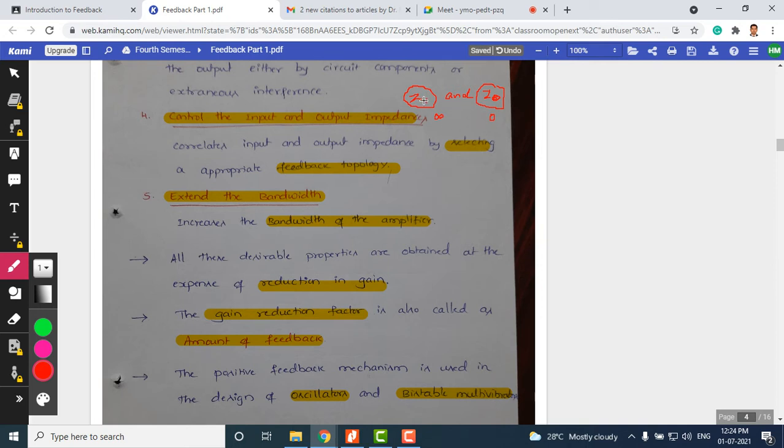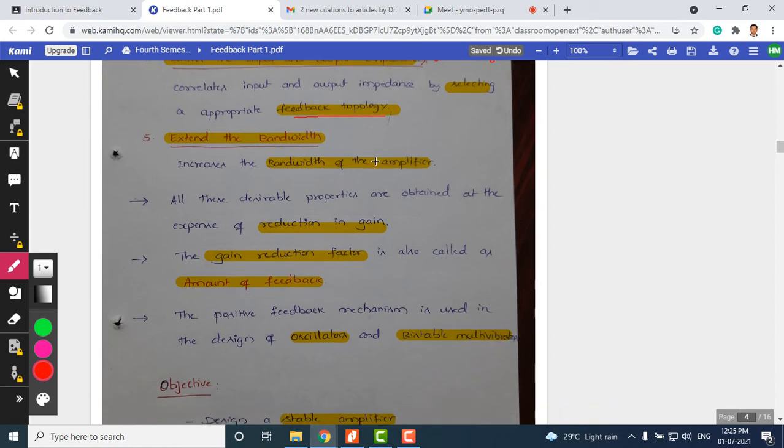It is very difficult to maintain infinite input impedance and zero output impedance for a voltage amplifier. This can be controlled by employing negative feedback, because we are connecting the output back to the input, and that can control the impedances by using a proper feedback topology. In some feedback topologies, we are going to explain what the input impedance and output impedance are. We are going to even prove it for some feedback topologies. We will experience physically how this type of feedback circuit can control the input and output impedances.